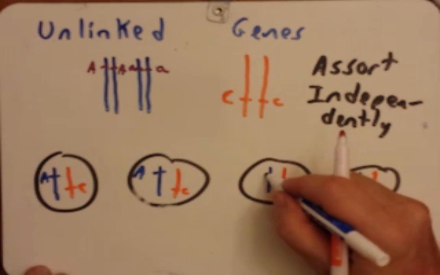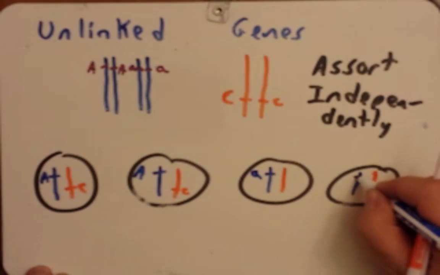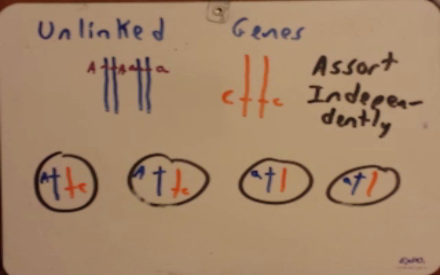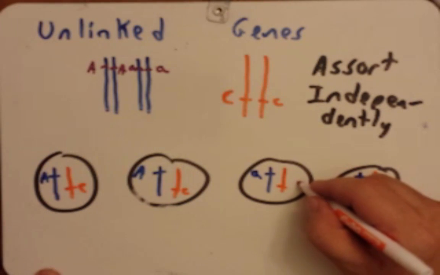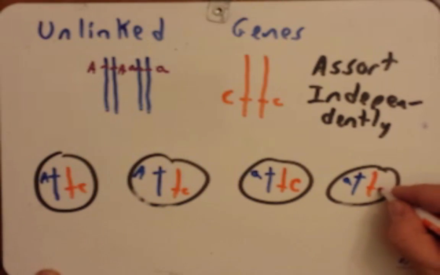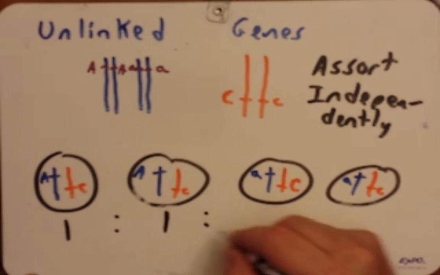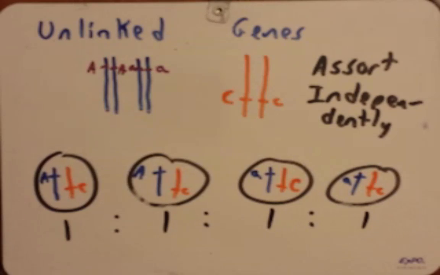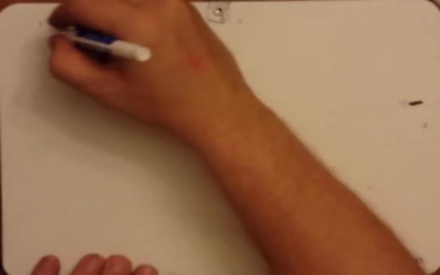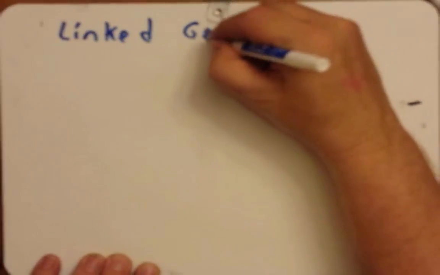Likewise, we could have little a here. It's just as likely to assort with big C as it is with little c. We will have a 1 to 1 to 1 to 1 ratio. Each of these are equally probable. Let's erase this. And the next one we want to look at are linked genes